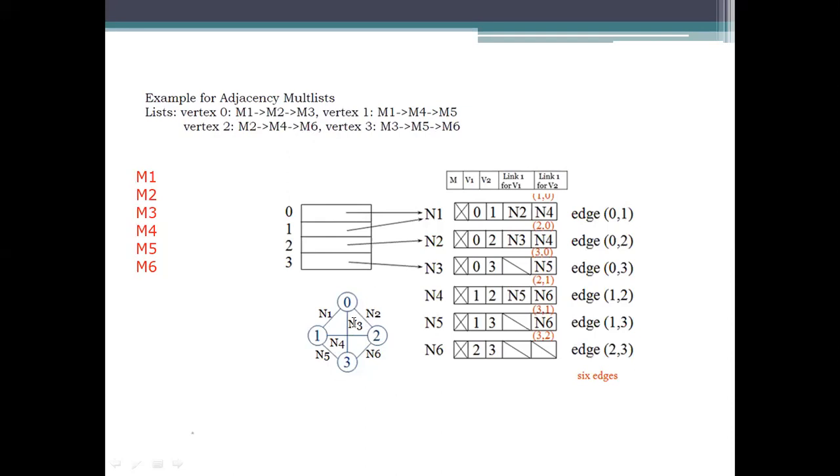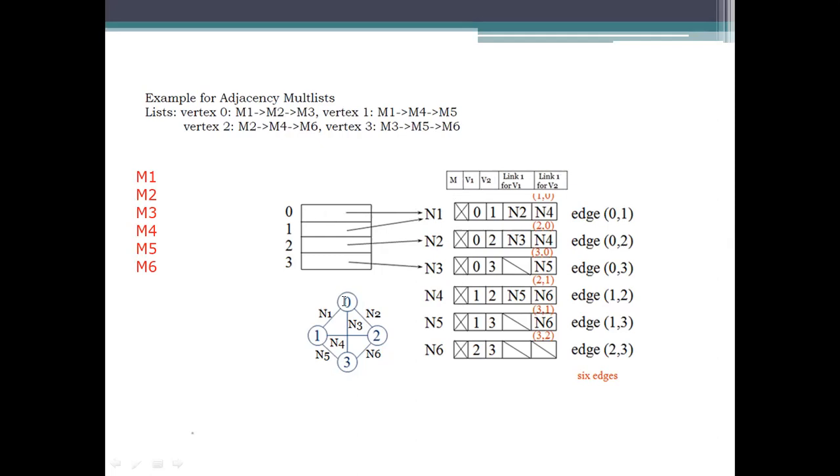That is N3, the value we are using, which represents the edges N5, N6, M3, M5, N6. The diagrammatical representation here is to which it is connected, and that has to be represented here. So we use an X mark for the representation, one link for V1 and one link for V2.